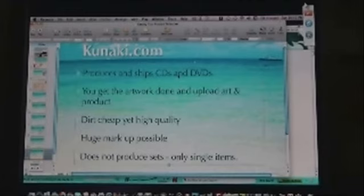Now, Kunaki does not produce sets. It only produces single items. So, for example, in the Beach Millions set, you got 4 separate DVDs and a separate CD. But you could not get, from Kunaki, a single case holding all of the products. That's not the way they do business. Kunaki will either ship it for you, and many of the shopping carts interface with Kunaki. So, for example, if you use Nanocast, when someone orders, they can notify Kunaki at the same time that there has been an order, and you don't have to do anything. It's just automatically